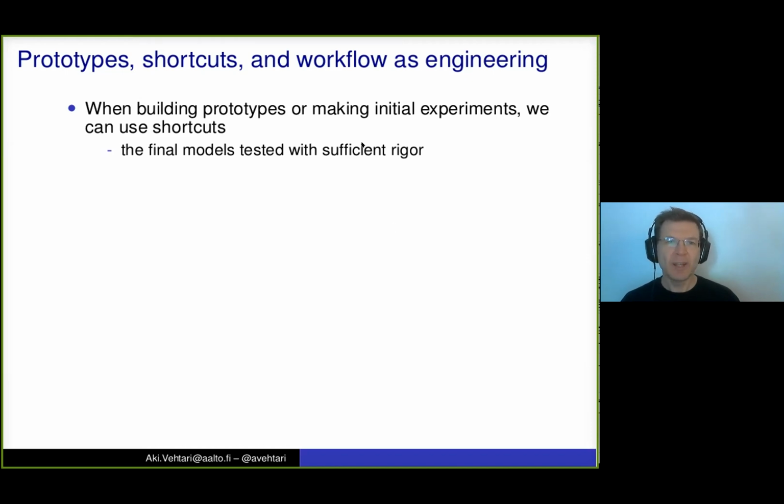And in the same way, when we show some example workflow, like we had the figure in our paper, which has many of these boxes, actually in the early phase, you can skip some of the boxes, and then just in the later phases, come back and check that everything is rigorous.